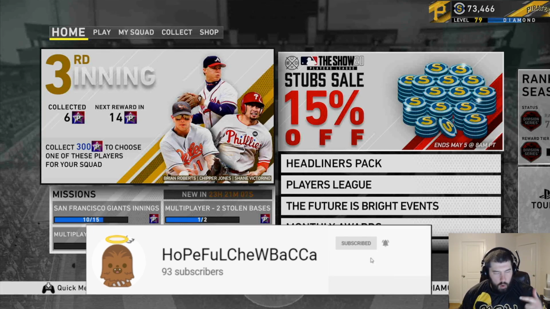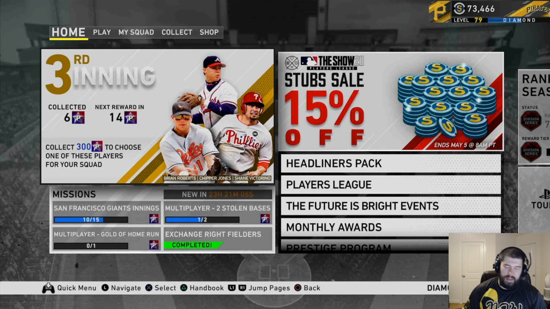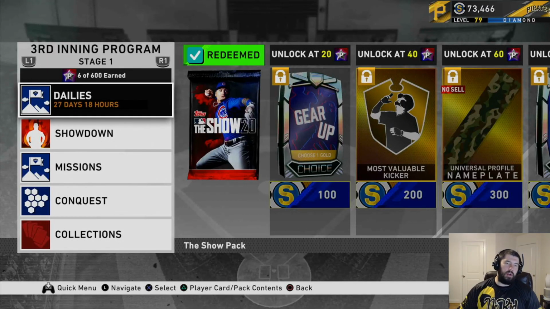Today we're going to go over the third inning program that has the three big bosses of Brian Roberts, Chipper Jones, and Shane Victorino. Alright guys, let's get into it and see how we can get you these third inning program stars. Alright boys and girls, we popped into the third inning program to look at how we can get this breakdown to get these program stars, as well as go over what rewards you get within